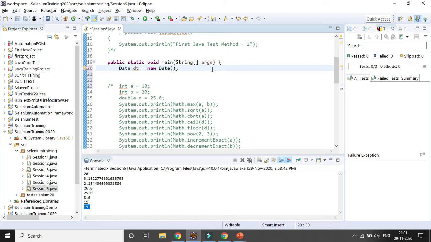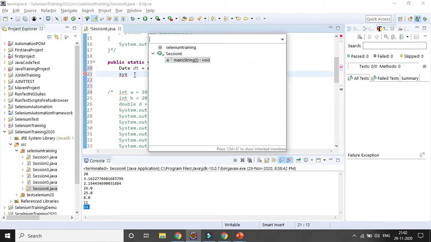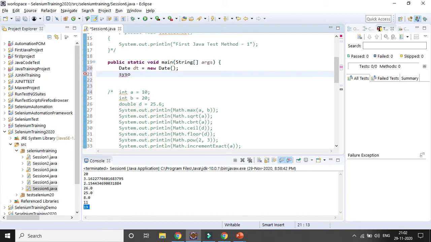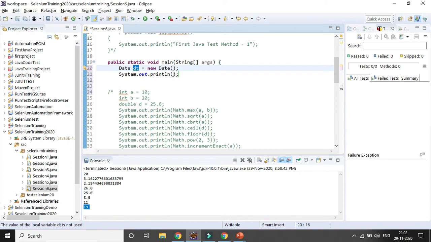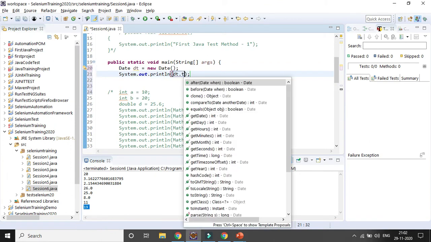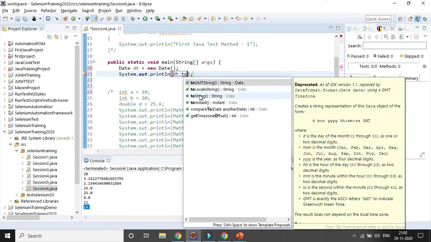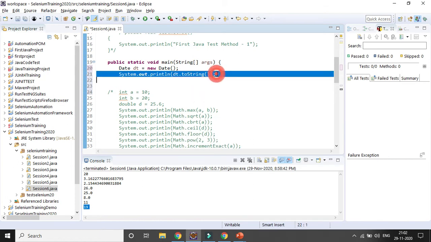So right now I have already created an object or instance. If I want to print it out, I need to convert that variable to a string. So I will use that variable with toString, so that it will be converted to a string.